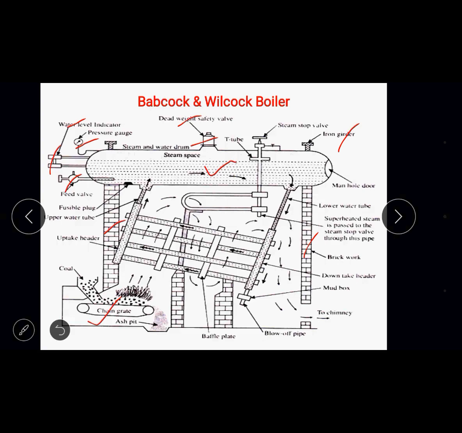So when it gets melted, it creates a hole. Through the hole of the dead safety valve, the excess pressure will be released, and thereby it helps in prevention of explosion of the pressure cooker. Just imagine a small pressure cooker of 3 liter or 5 liter or 10 liter. If it gets exploded, what will be the outcome?